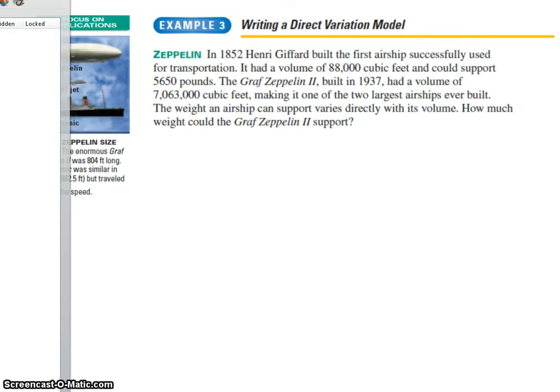The weight an airship can support varies directly with its volume. How much weight could the Graf Zeppelin II support? So our first task is, we know that the weight varies with the volume, with some constant. So we know that W, the weight, is equal to some constant times the volume. Okay? And with the first example, this 1852 example, they gave us both the volume and the weight. So we knew that